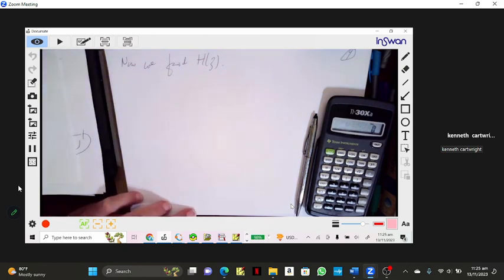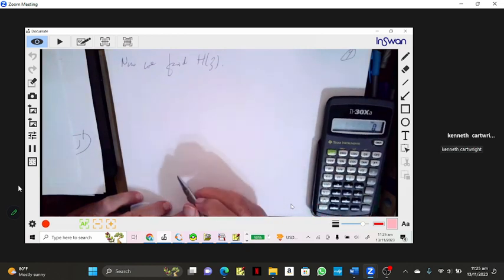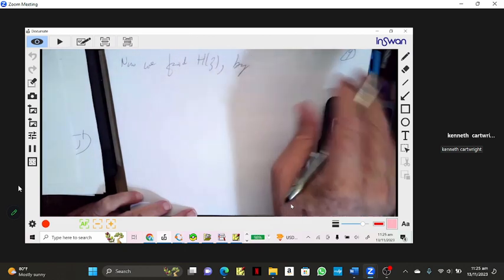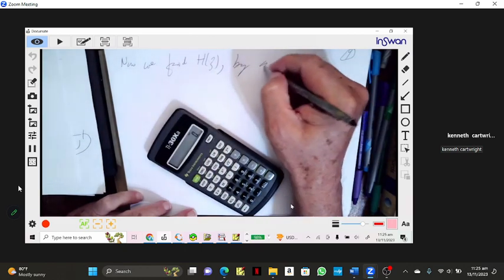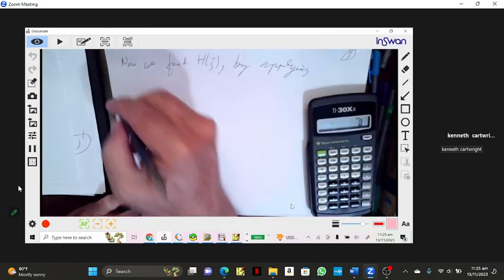What's that called? The bilinear transform. Exactly. Yes. Now we find H of Z by applying the bilinear transform